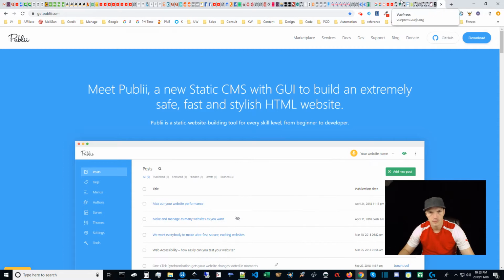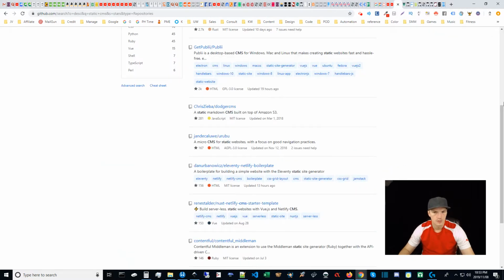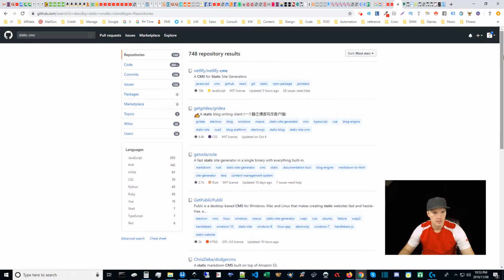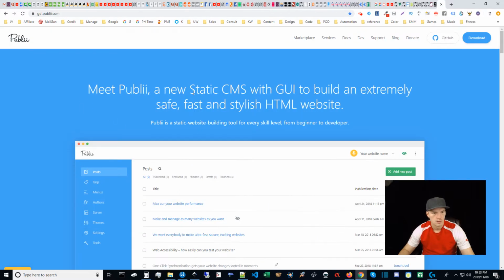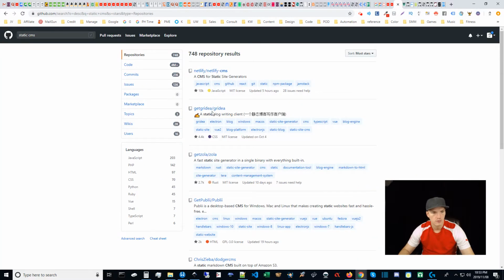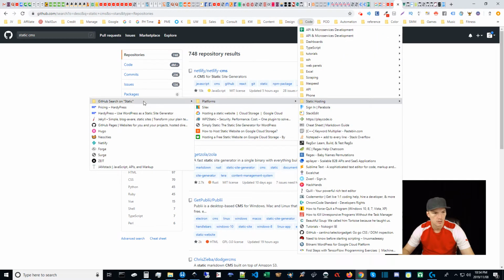So how was it articulated again? So basically you get a CMS, then you get a static site generator, and then you go to static site hosting. Some of these CMS might be a GUI to build an extremely safe, fast, stylish site. So yeah, it seems like it is a generator. But it also sounds like Netlify. So Netlify, Gridea, and Publi. Let me arrange my